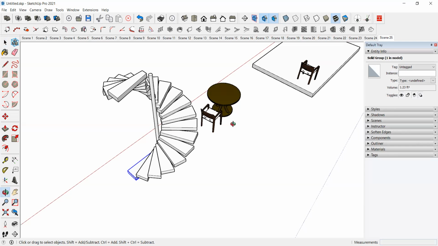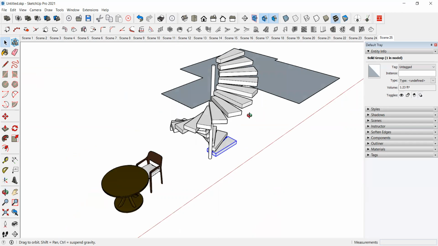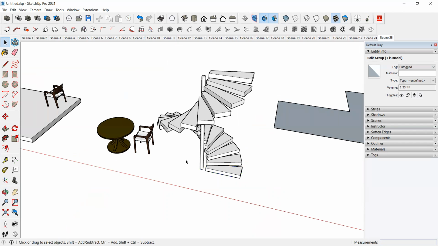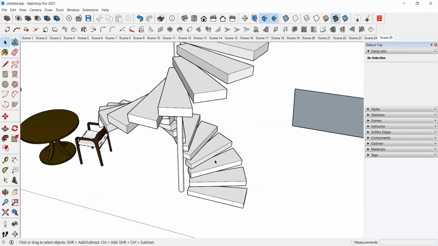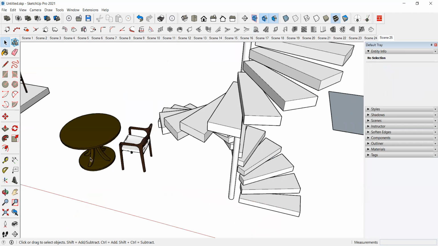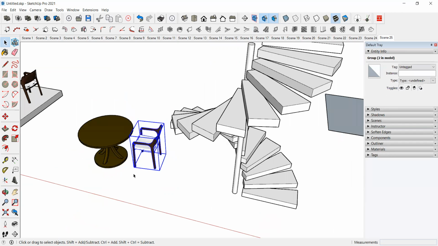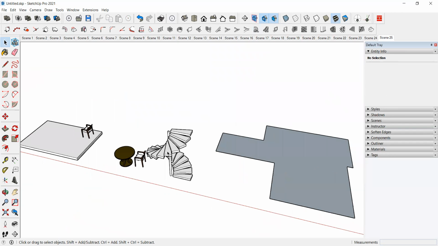If you go around here like this, it will create the staircase. Okay, we no need to worry this much because we already have a spiral staircase here, default option. So this will help us to create circular arrays.